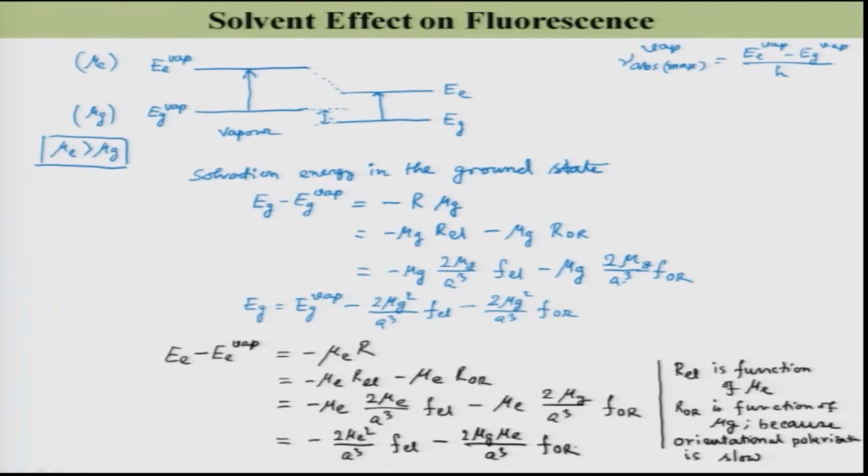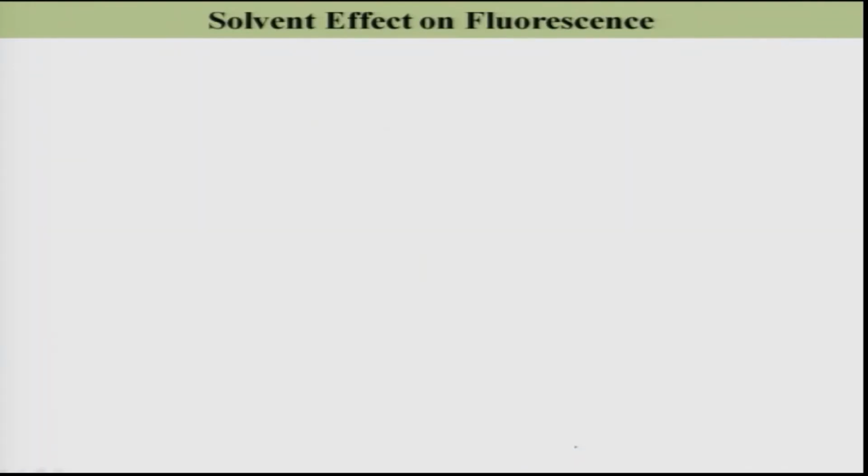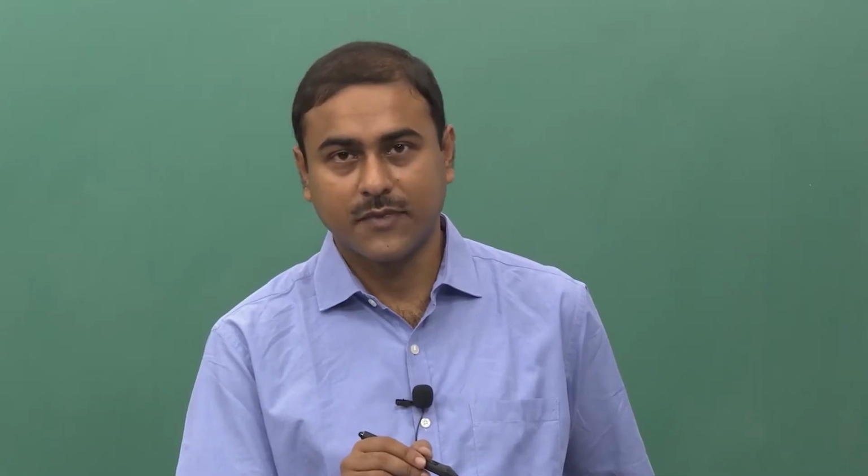So, I can write this as E_E equal to E_E vapor minus twice mu_E square by a cubed f_EL minus twice mu_G mu_E by a cubed f_OR, right. So, now if I want to calculate the absorption energy,